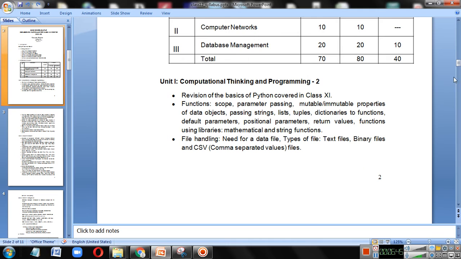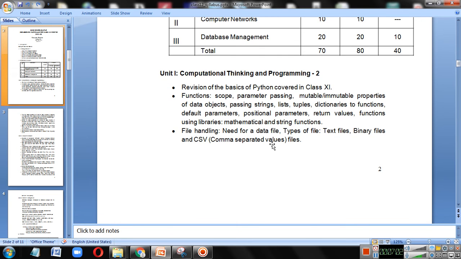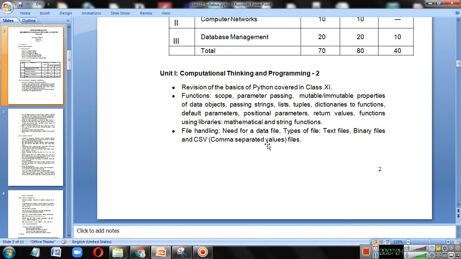Then we will have about the mutable and immutable properties, strings, dictionaries to functions, etc. Positional parameters, returning the values from the functions, using libraries, mathematical and string functions. The most important concept we are going to see is file handling. You can see here under the heading file handling,